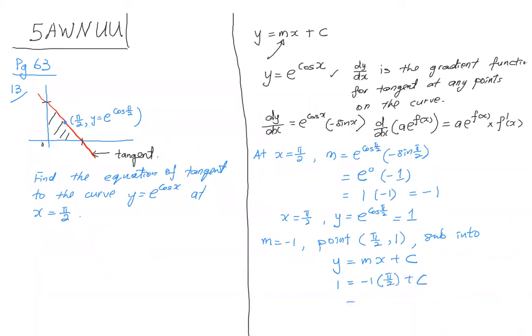So I got the c. Okay, so this one is also called the y-intercept. Right? So it will be this length. Am I right? So this length is 1 plus pi by 2. So now, if I want to find this length,